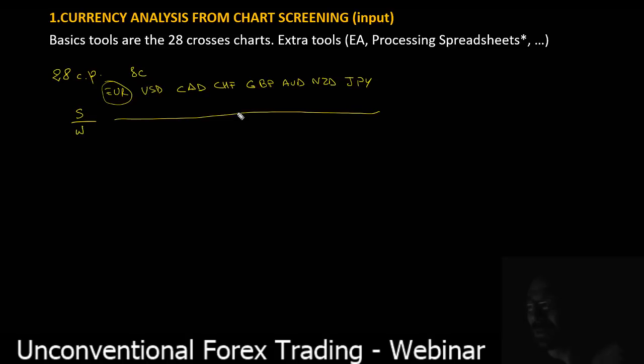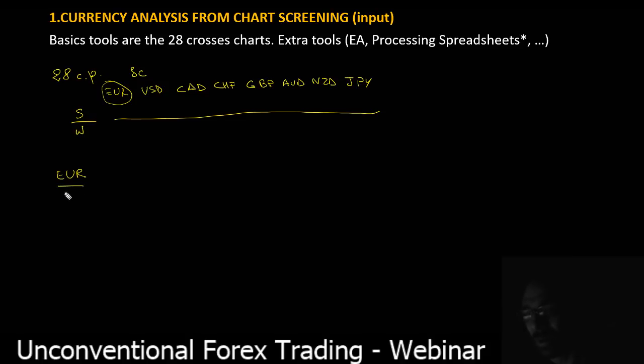And even if you do it this way for a specific currency, what is the output of this analysis? You don't process it, you don't go further, you then stay strict to currency pair charts rather than currency charts. You don't split the concept of currency and currency pair. So if we want to analyze a currency, the euro, we analyze the euro.